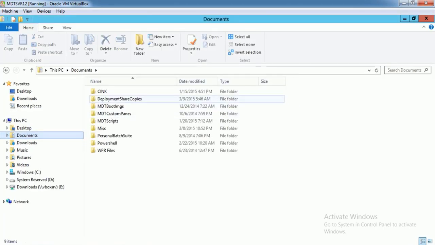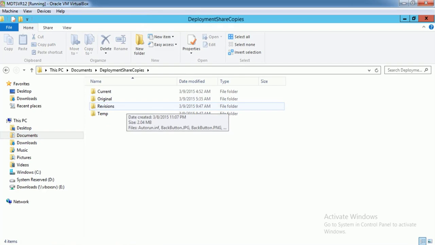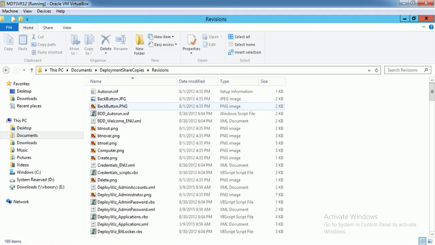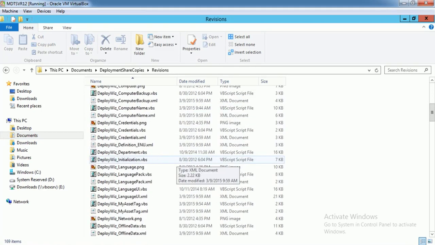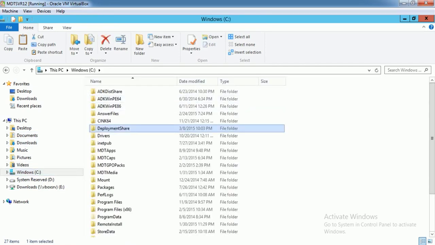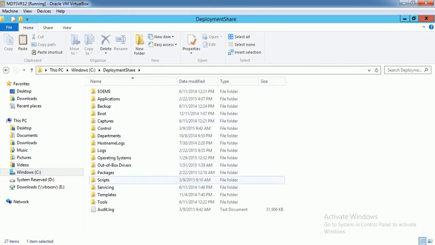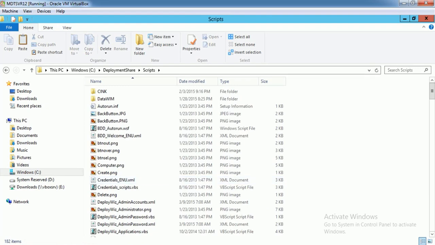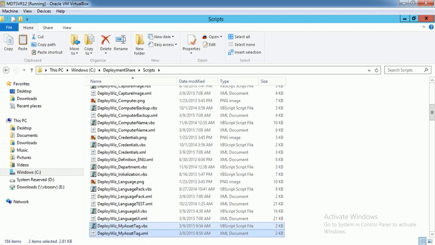I'm going to go to Documents, Deployment Share Copies. Remember, everything I've done so far has been within the revisions folder. And I'm going to take these 2 guys right here, and copy them to my production deployment share, into scripts, and we'll dump them right in there. Okay? So now that we've done that,